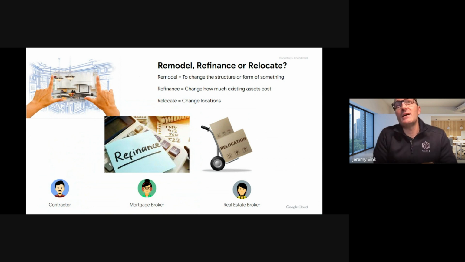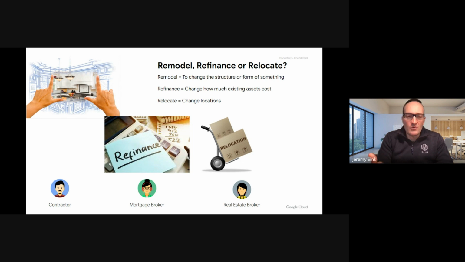All right, and then finally, we've got to set up the last prediction just a little bit. When you're going to buy a house or build a house, who do you turn to? You turn to the experts in the field, right? You talk to your realtor, maybe you have a buyer's agent, or a seller's agent if you're selling. Or if you're remodeling a house or refinancing, you're talking to your mortgage specialists and your contractors.